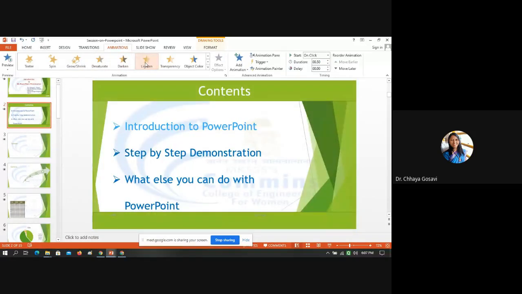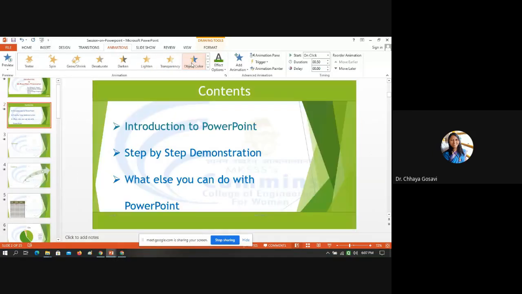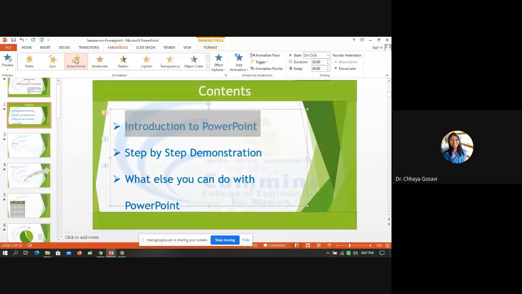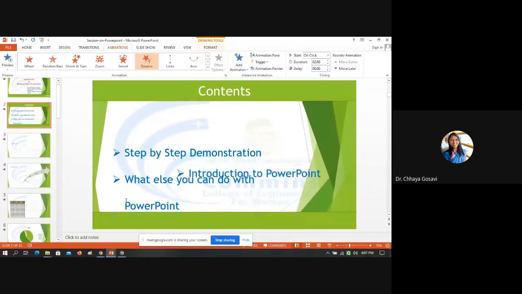I want to give some emphasis on this first point. So various options are there. Let's choose grow and shrink. And after this, this point should leave. So for exit, I want it to bounce and leave.